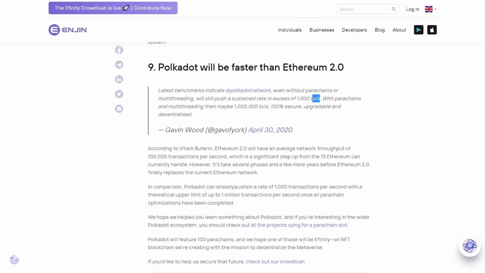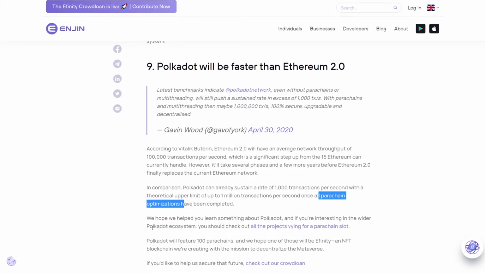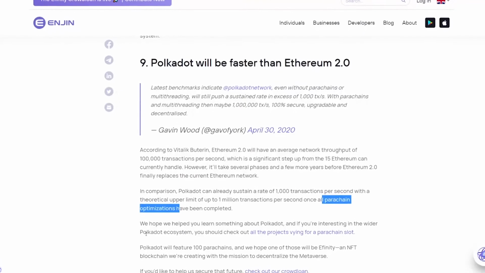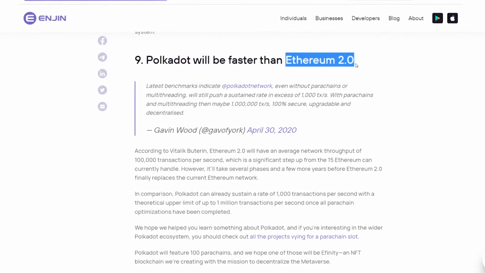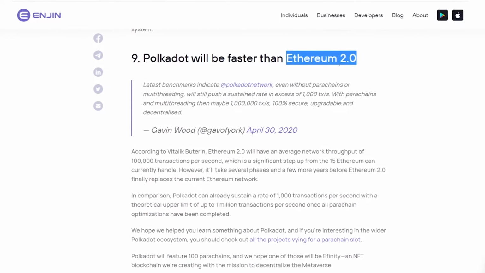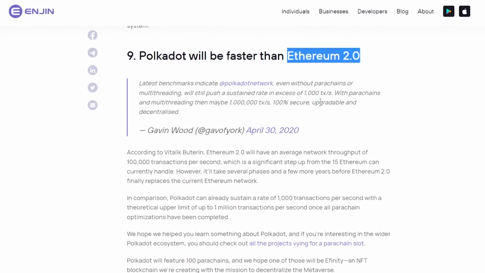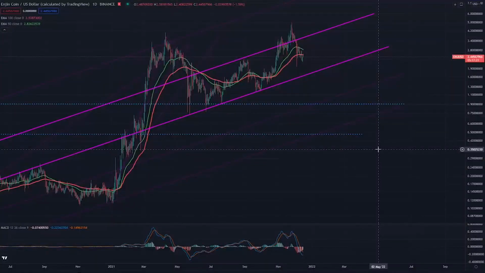However, Polkadot can now sustain a rate of 1000 TPS with a theoretical upper limit of up to 1 million transactions per second once all parachains optimizations have been completed. However, that's still some time away, so I wouldn't count on that. As well, I wouldn't count on Ethereum 2.0 launch because it has been announced again and again and it has still not arrived. And with a bit of a recheck for the Enjin ecosystem, we can now jump into price